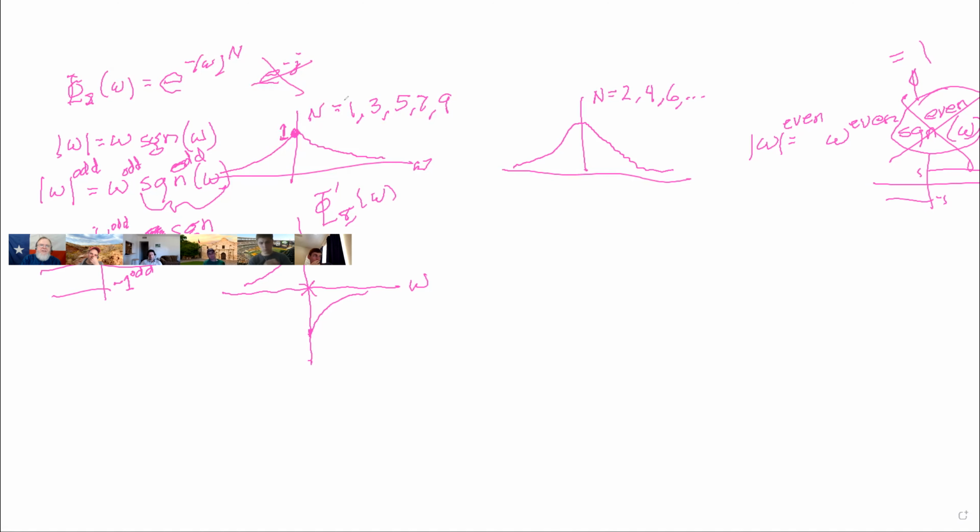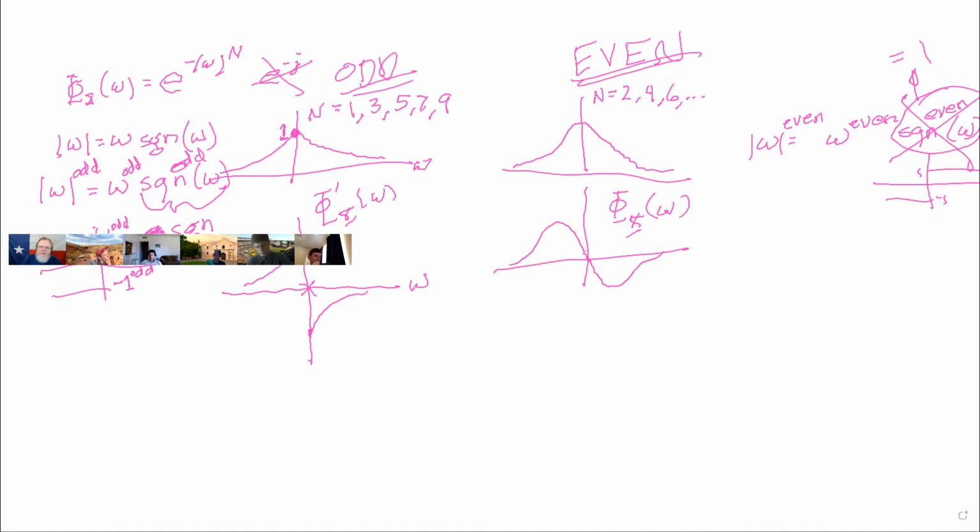Whereas over here, here's the odd column, here's the even column. For the even, you're always going to get something which is very nice. It looks like the slope here is going to be negative, so the derivative is going to look like this. And it does turn out that this is very nice and continuous if we do phi x of omega for n even.